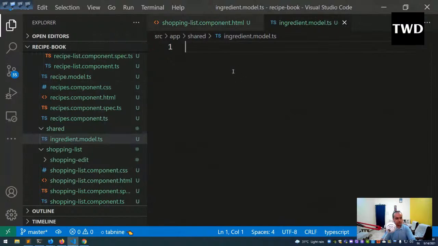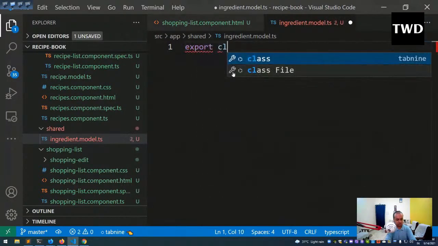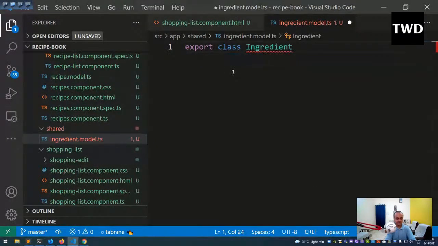And then there is a short form of what we have given in the earlier model, so we can directly do export class ingredient and